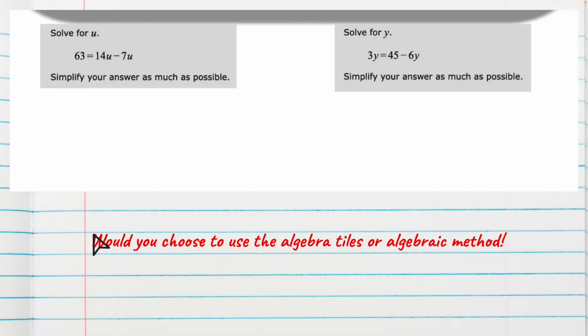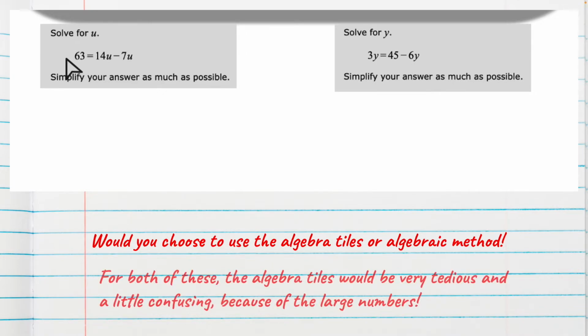So with these ones, my question down here is, would you choose to use algebra tiles or the algebraic method? So if we're looking at this one, 63 equals 14u minus 7u. With this one, if I were asked that question, I would use the algebraic method, specifically because of this number 63. That is a lot of algebra tiles to either have to draw or have to count out. That's going to take me a while. And then what if I accidentally mess up on my counting or my drawing, and I don't quite have 63. So that's definitely a reason why I would probably go with the algebraic method on this one, because we're getting into those bigger numbers,